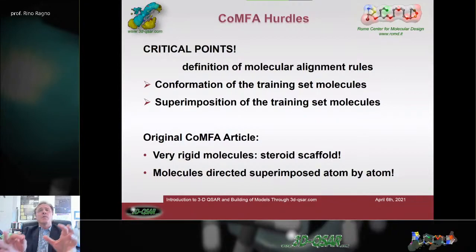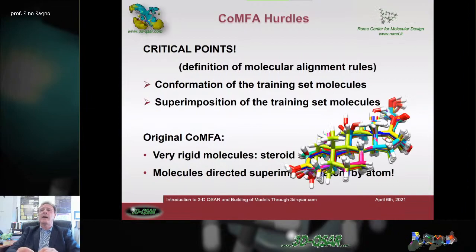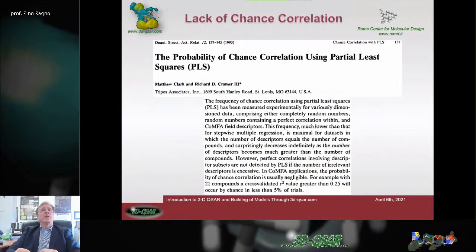He was using very rigid molecules, very close conformationally, and he used 21 steroid-like molecules directly overlapped atom by atom, so rigid that you don't need to make any conformational analysis on the molecules. So at this point, also in 1993, Richard Kramer also made some studies to define that 3D QSAR,